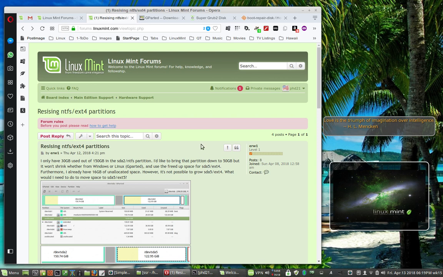One of the questions that comes up frequently on the Linux Mint forums is, how can you resize computer hard drive partitions to take space from one partition and put it on another partition? It's common for people that just started using Linux Mint